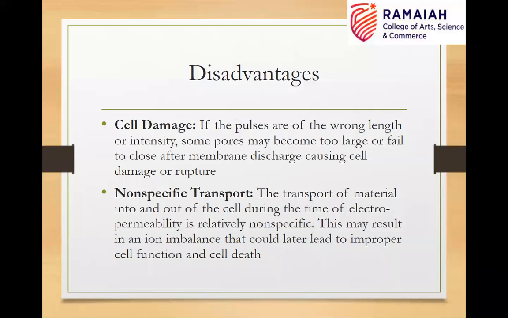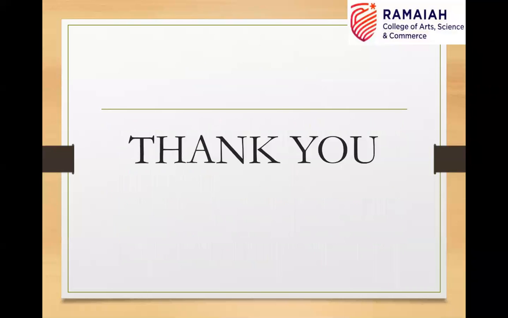So what did we discuss in today's class? The transformation methods in bacteria, two important methods: the calcium chloride method, which is a chemical method, and the electroporation method. For electroporation, we discussed its apparatus, the factors that influence it, and its applications, advantages and disadvantages. So this is all I wanted to discuss in today's class. The remaining gene transfer methods I will discuss in the next class.